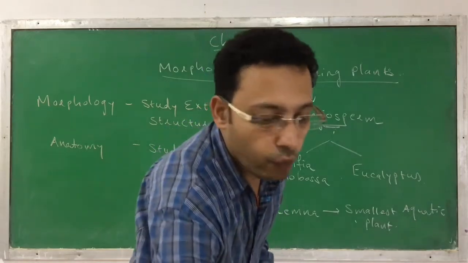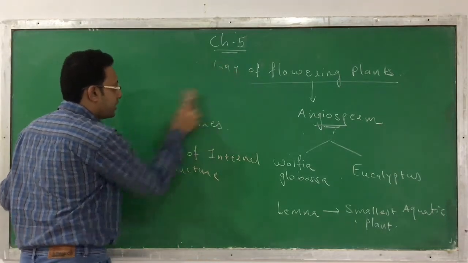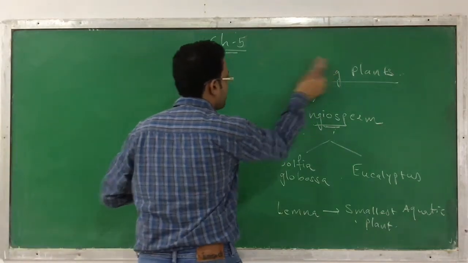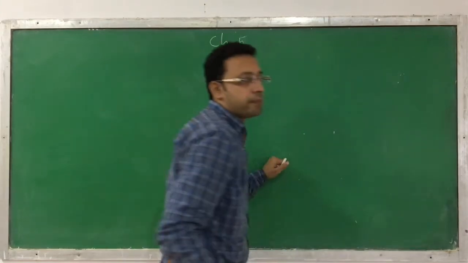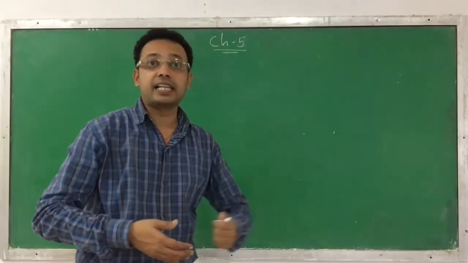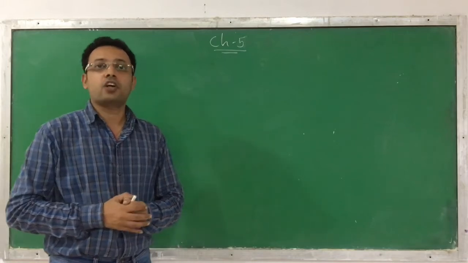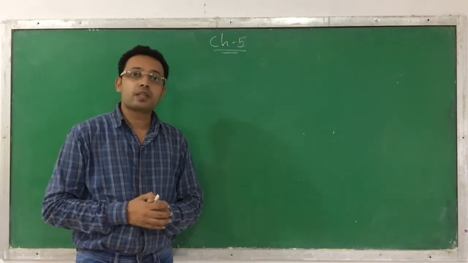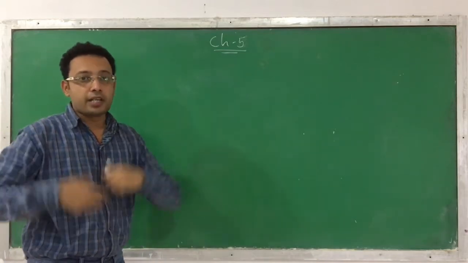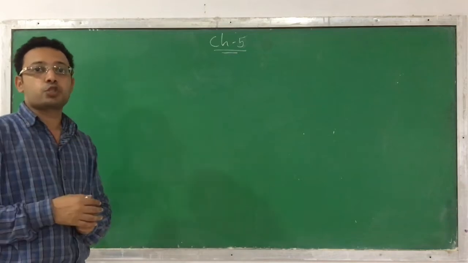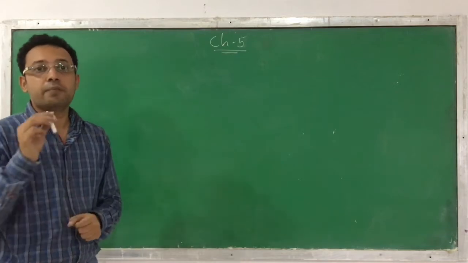Now let's see what the usual structure of any flowering plant is. Angiosperms occupy the largest position in the plant kingdom. You know that the plant kingdom is divided into bryophytes, pteridophytes, algae, gymnosperms and angiosperms. These are the different classes of the plant kingdom that you have already studied in chapter number 3. But from all these, the class with the largest number of plants is the angiosperms.